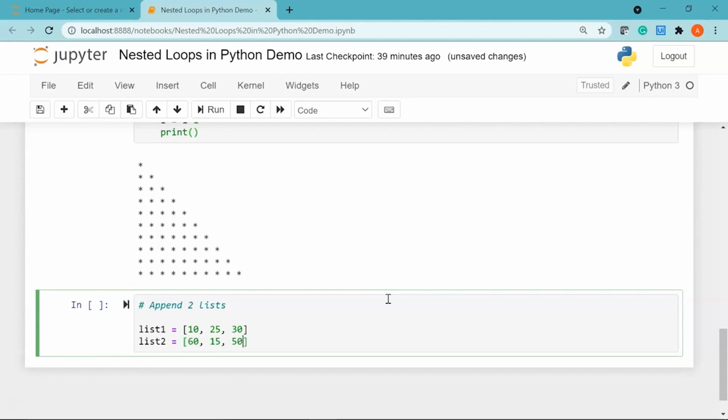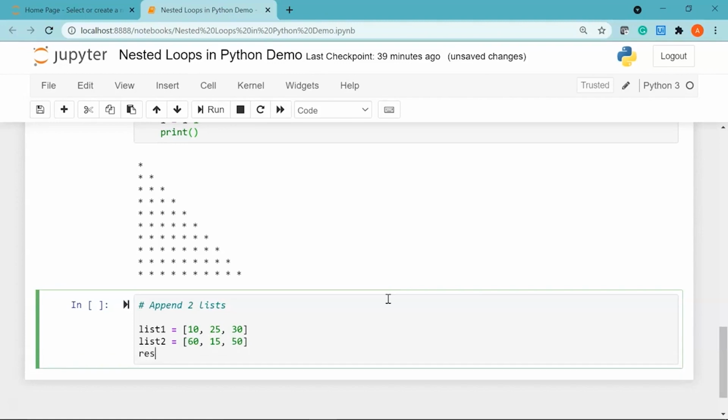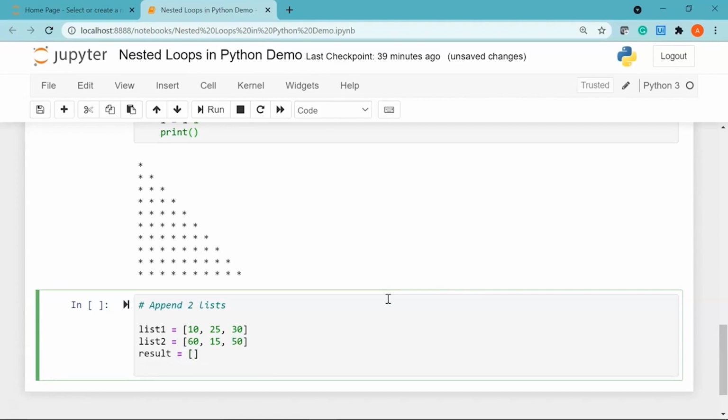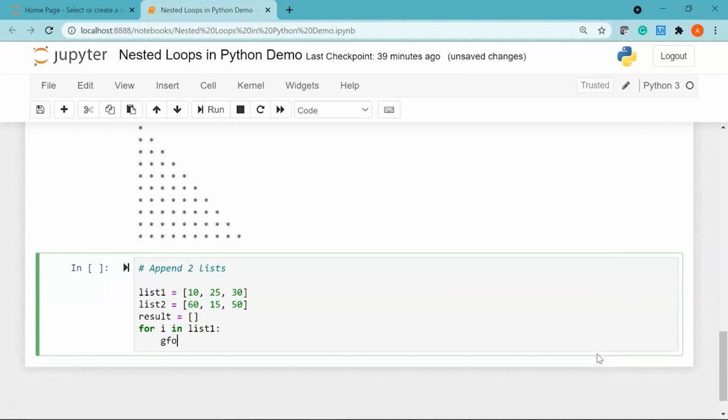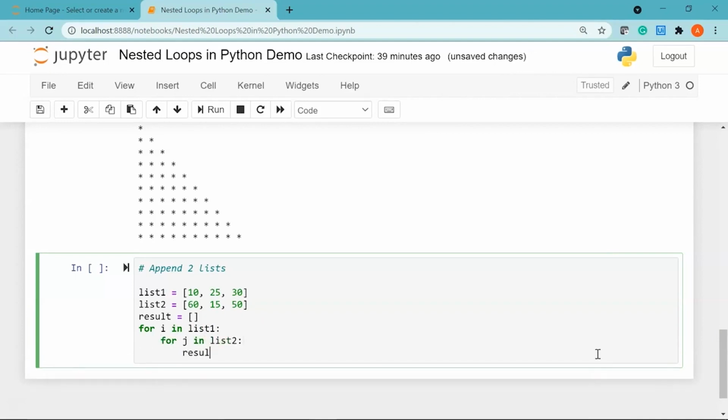Okay, now I'll declare an empty list called result, and after that I'm going to start my outer for loop. I'll say for i in my list 1, then I'll say for j in list 2, I'll say result, which is my empty list that I have declared.